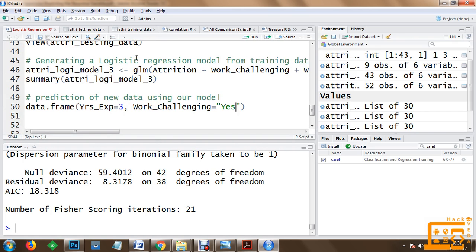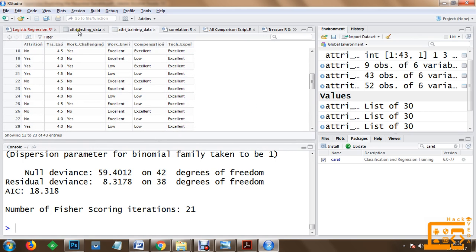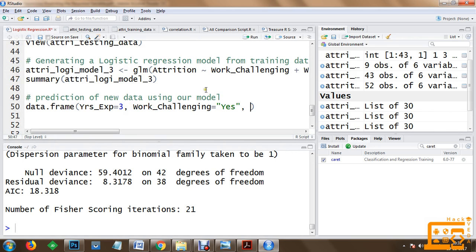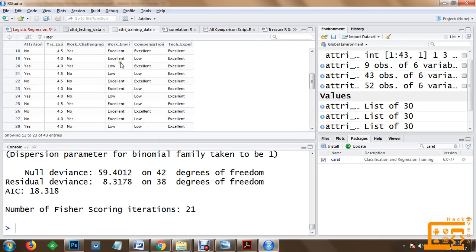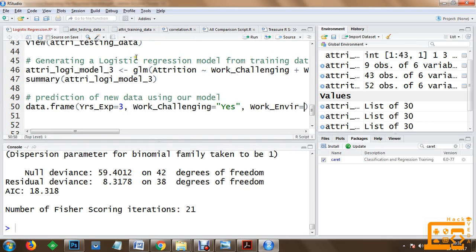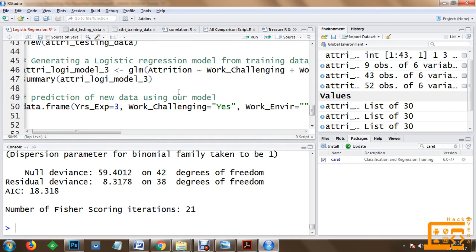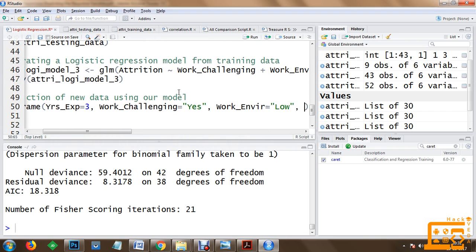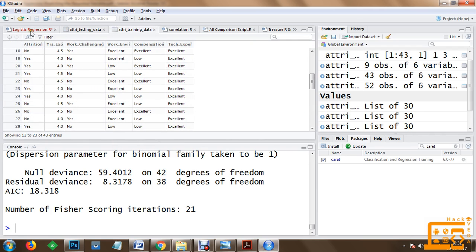So if somebody has challenging work, then the third information will be work environment. The values for work environment will be excellent and low. So let's say the work environment is low.